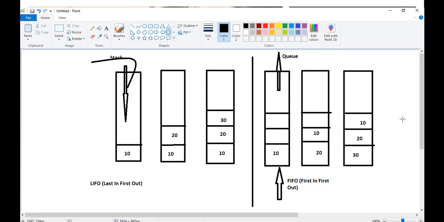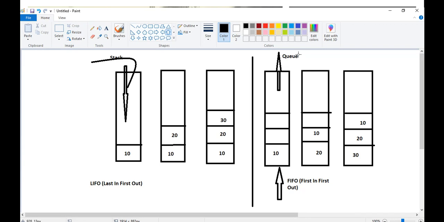First in, first out. So both ends are open in case of Q, whereas in case of stack, one end is fixed, closed. One end is open. From the open end, we will do both insert and delete, whereas in case of Q, elements get inserted from one end and removed from the other end.